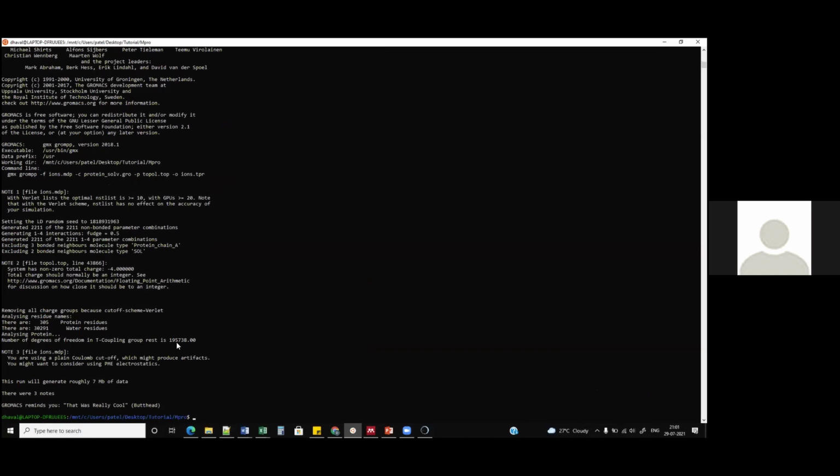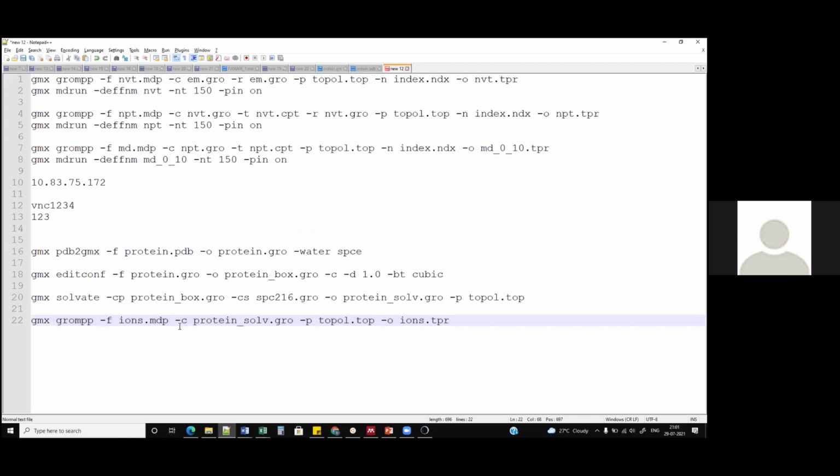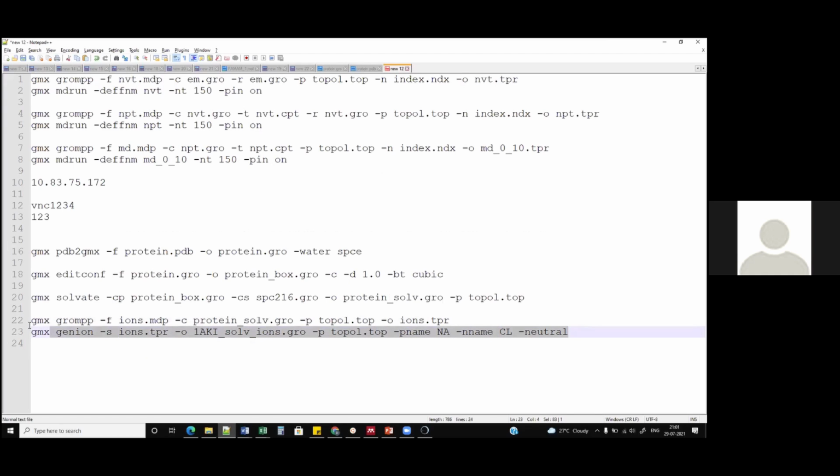Okay, so now it has run; it has pre-processed the initial file, we can say, and then we'll run the next command, that is the genion command. So you can paste it like this, and you can see it's a together command. You need to run it together, the first, second, third, the fourth one, which includes two commands. Again we are using the same file, but now we will be producing an output file called protein solvent with neutralizing ion, and then again the topology file.